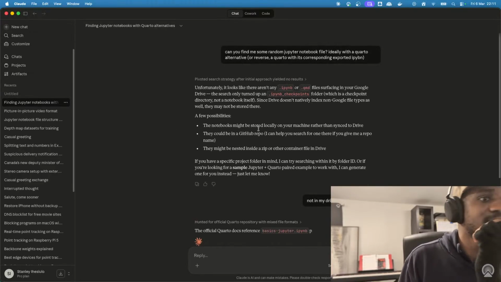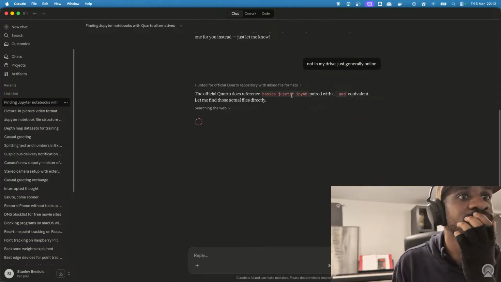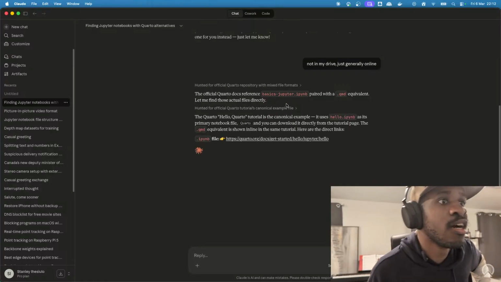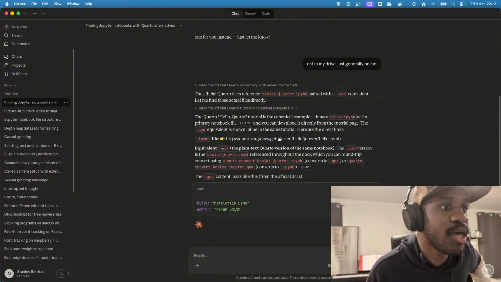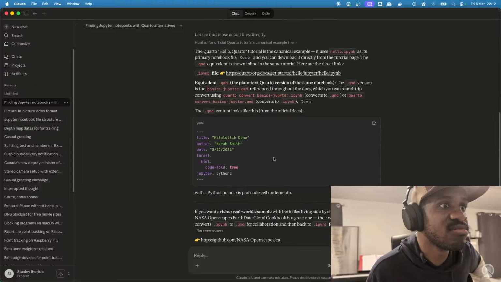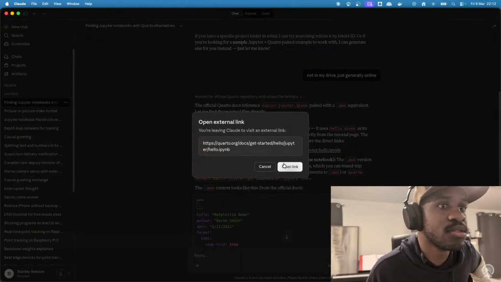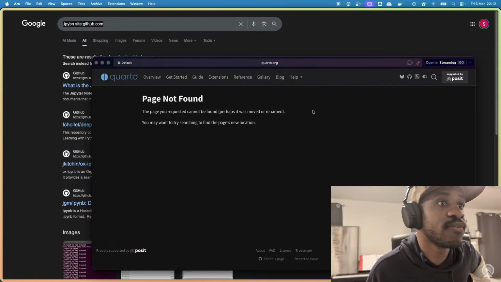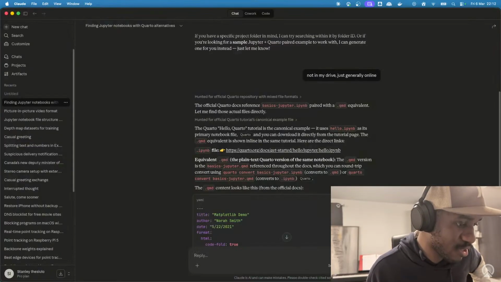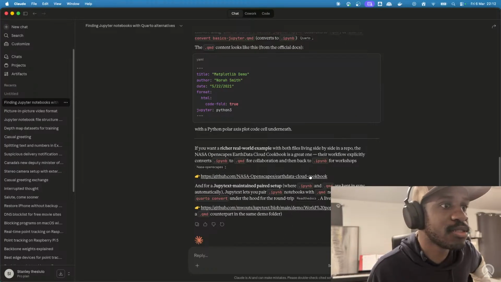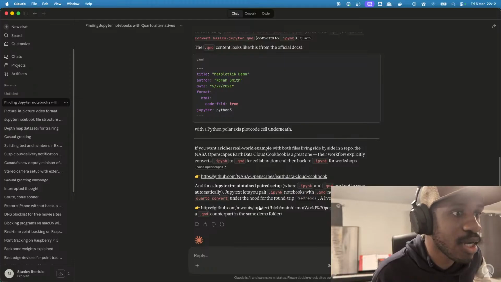Let's see. References, basics, Jupyter. Oh, this is perfect. Quarto, IPYNB, and let's see, Quarto.org. Page not found. Wow. The wonders of AI hallucination. Just beautiful. Okay. They also explicitly convert this to this for collaboration and back. Interesting. But that's not what I'm here for. I am here to find